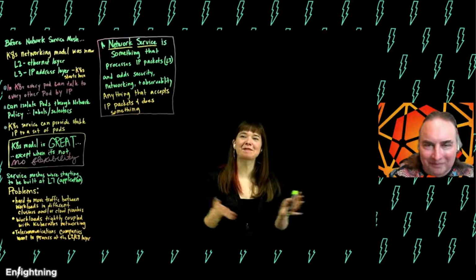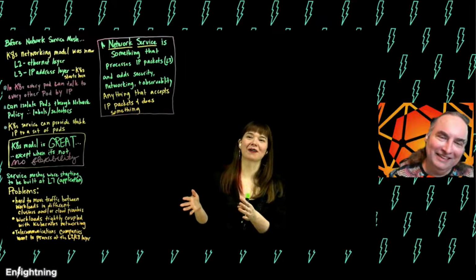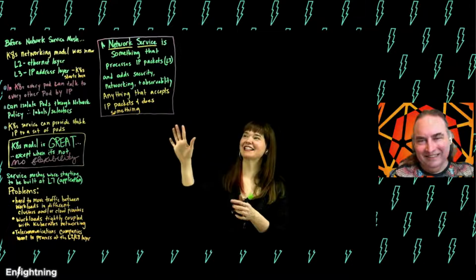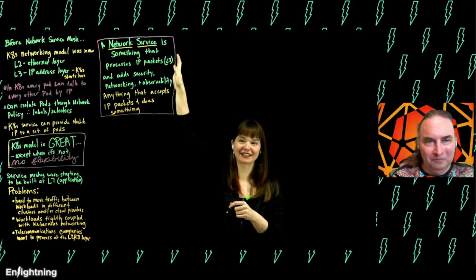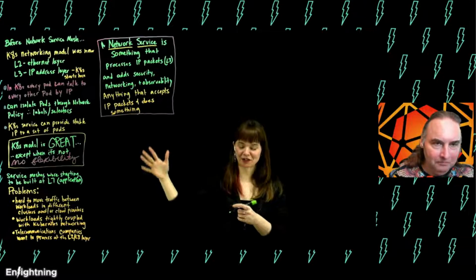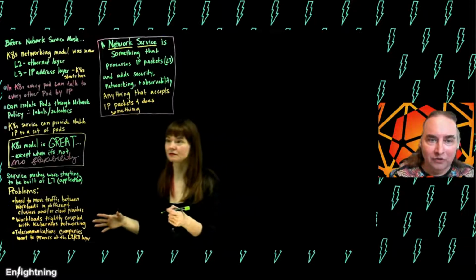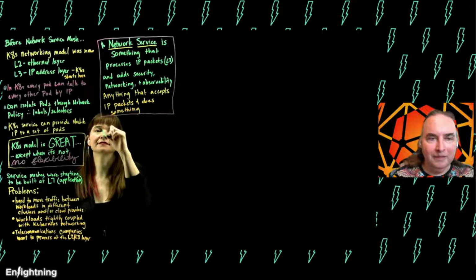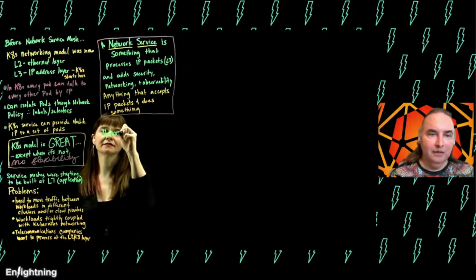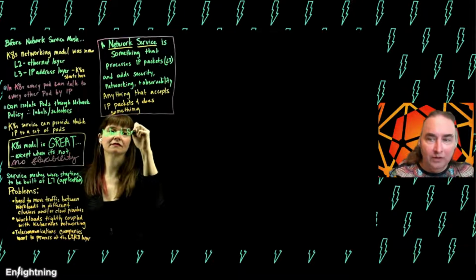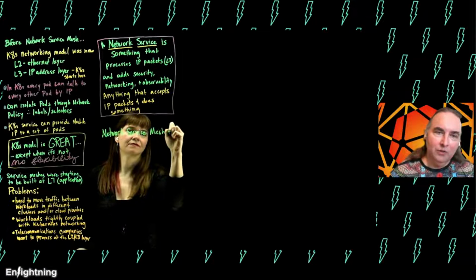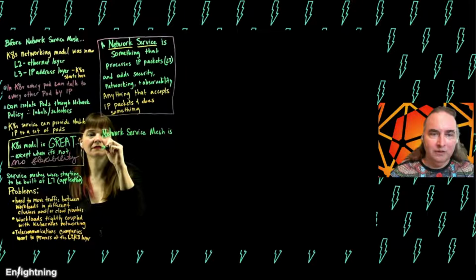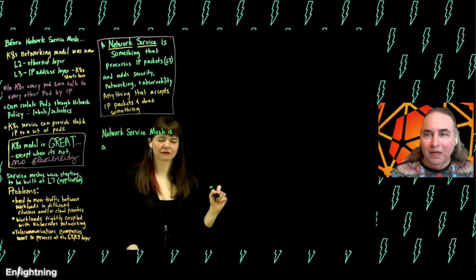So then, getting back on the road we're on right now, the next thing we need to say is, what is network service mesh? We said what a network service is, and now what is network service mesh? Network service mesh is basically something that connects individual workloads to 0 or more network services that they want to be able to utilize to communicate with